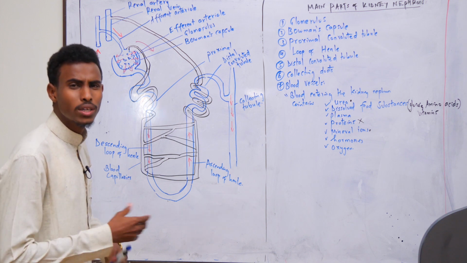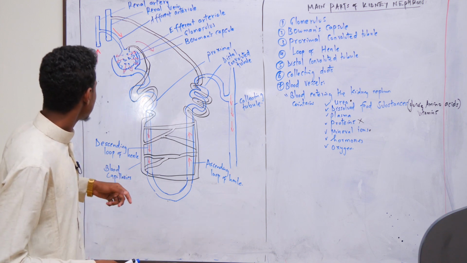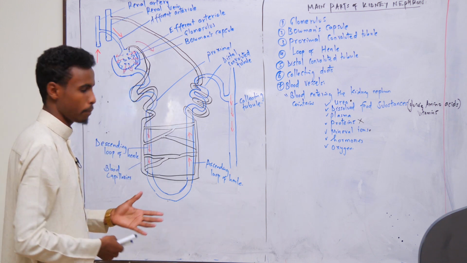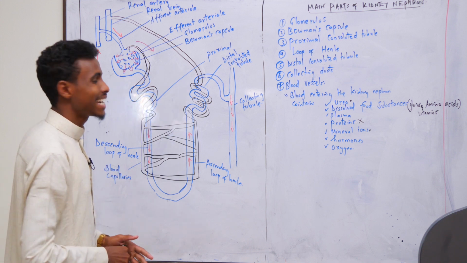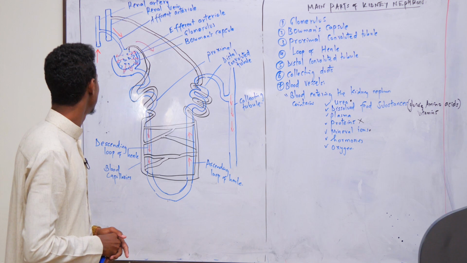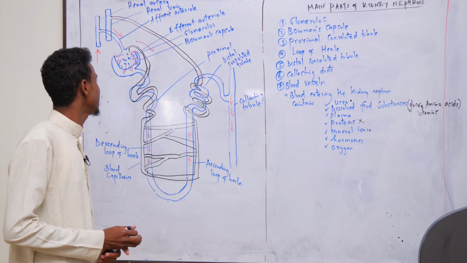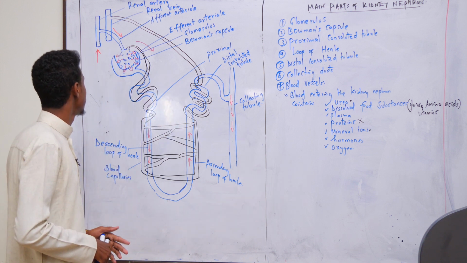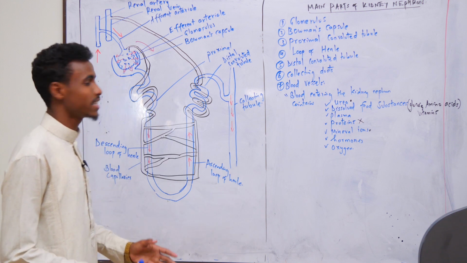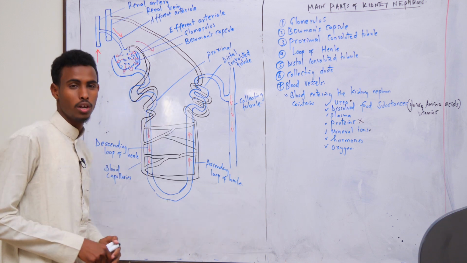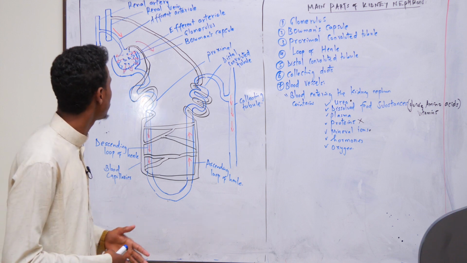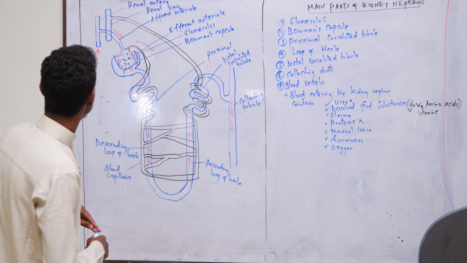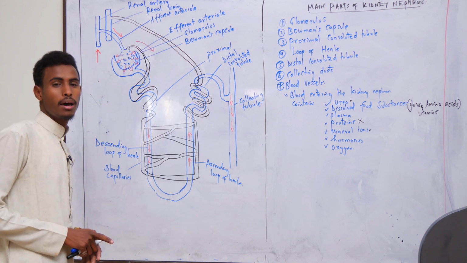Now, what happens? The difference in the diameter of the two arterioles will bring a pressure buildup. It will also bring resistance to blood flow. Pressure buildup happens here for two reasons. Reason number one is that the efferent arteriole is narrower as compared to the afferent arteriole, therefore bringing about high pressure buildup. Point number two is that the afferent arteriole branches